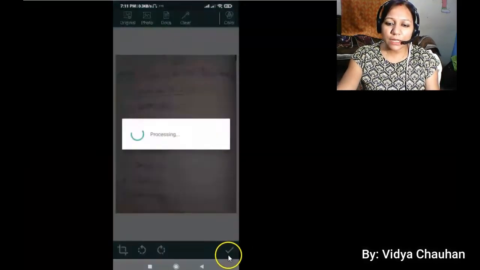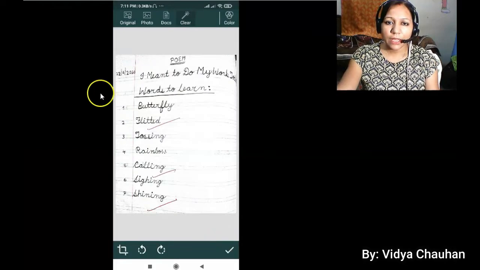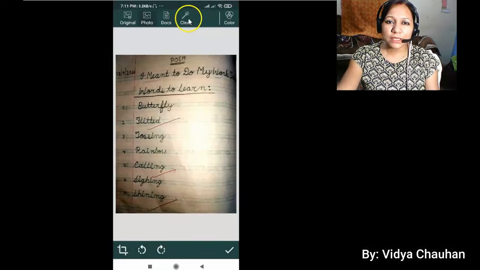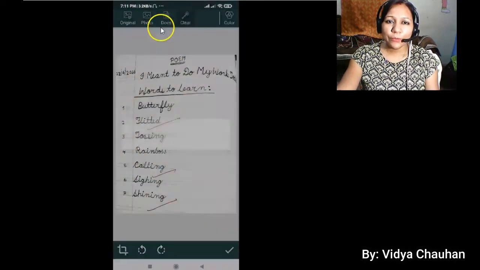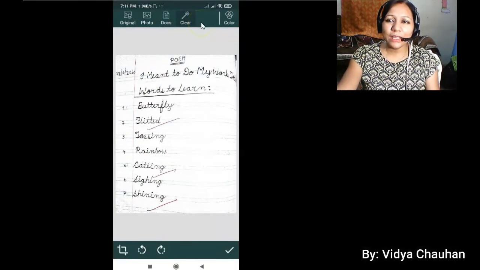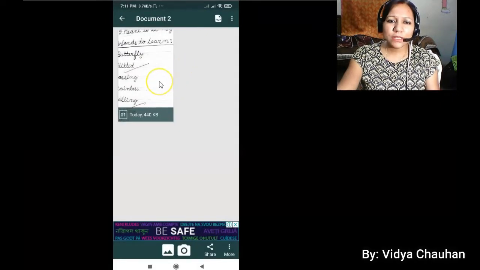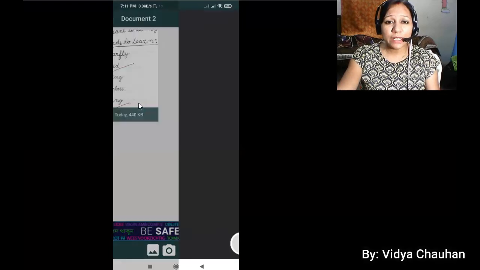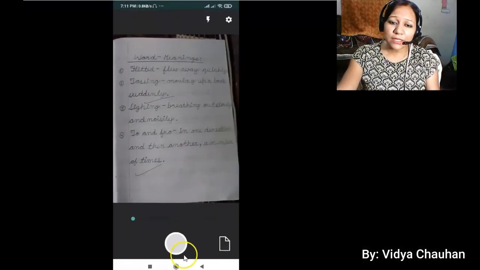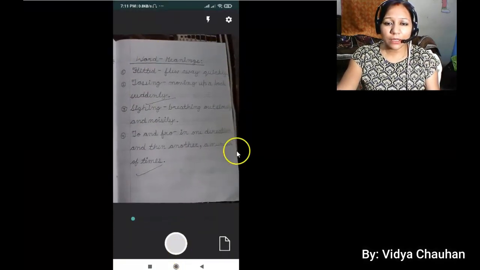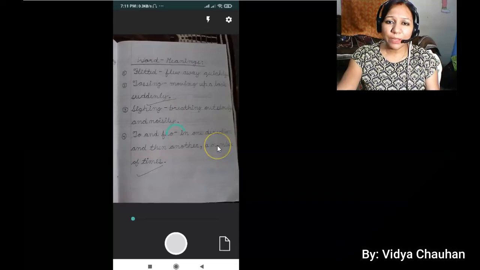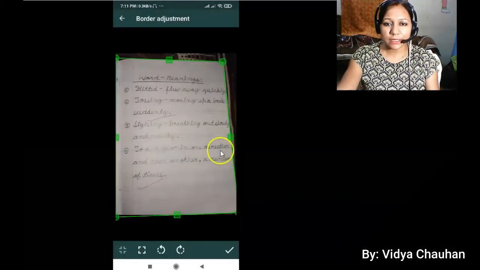After that, put a tick. That means you have to select this tick portion here, and as you can see, a very clear image of the written portion is there. Here there are a few options: clear, doc, photo. Whatever you feel is best, you can select that one. Clear students? Now this is one part, that means we have selected one image. If you want to select multiple images, then once again you can click the camera icon and then select another page which you have done for your assessment.